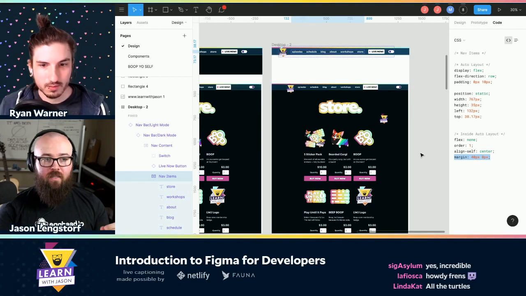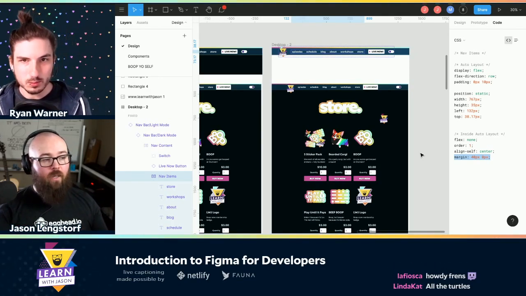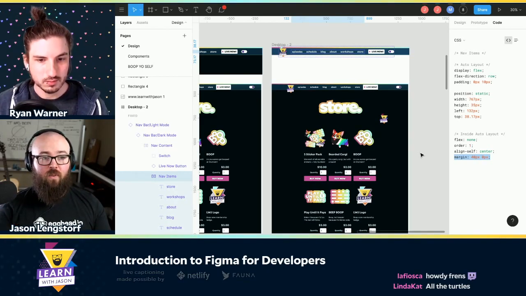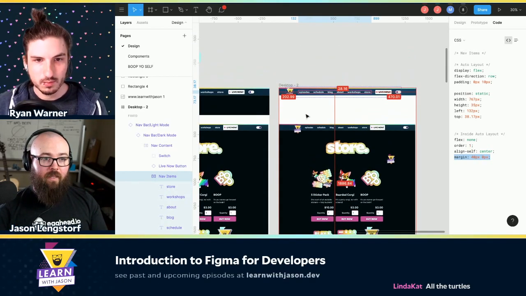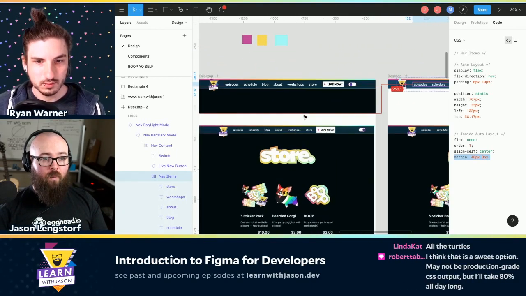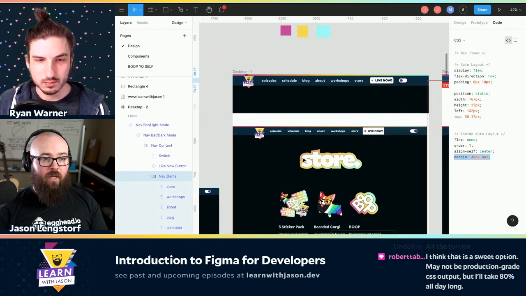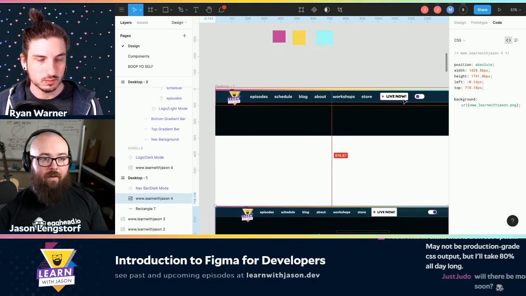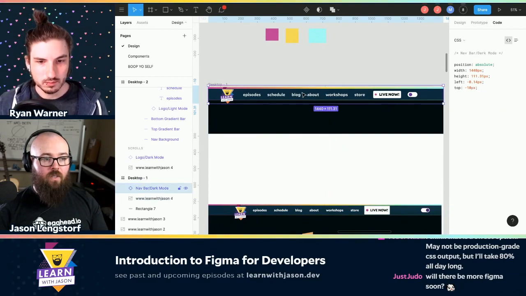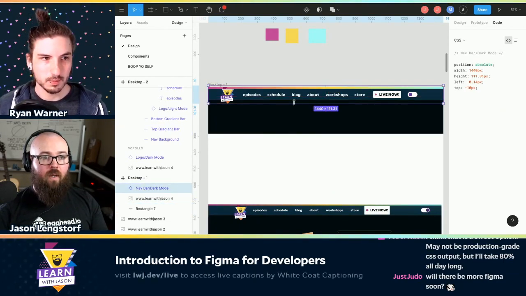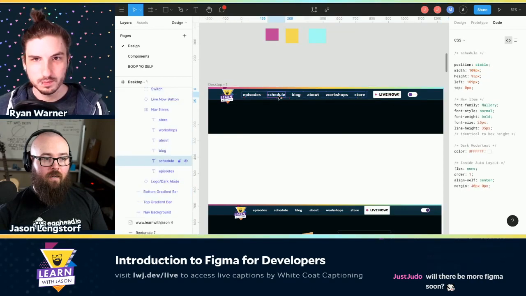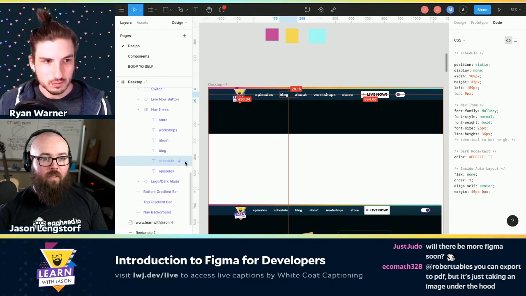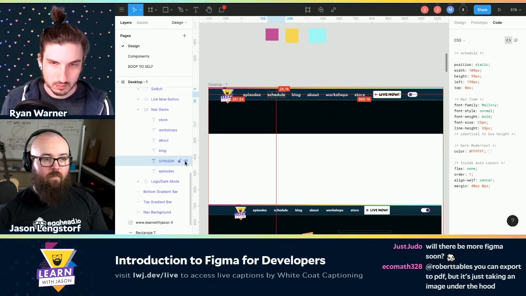I feel like this has leveled me up in Figma. I hope that it leveled you up, chat. I am very, very pleased with how far we were able to get in so little time. Just to recap, what we were able to do in the time that we had, we took screenshots. So these are screenshots, but we were able to go in and completely reconstruct the nav. And then we set up the nav in such a way that it's now a Figma component with auto layout. So if I go in here and turn one of these off, it relays out the rest of that nav bar for us so that we don't have to go in and manually tweak things.